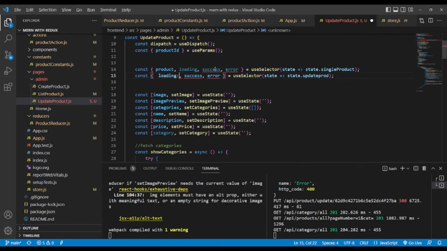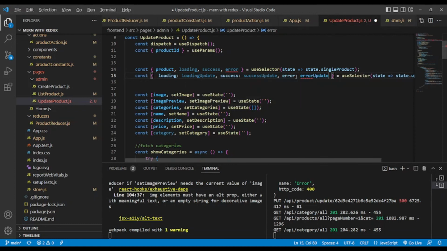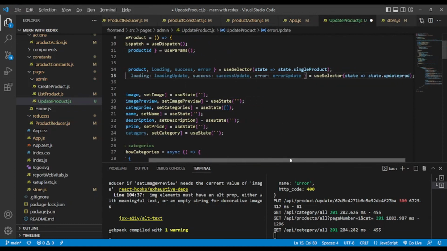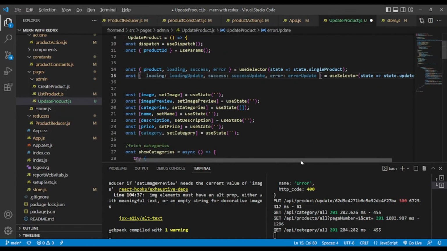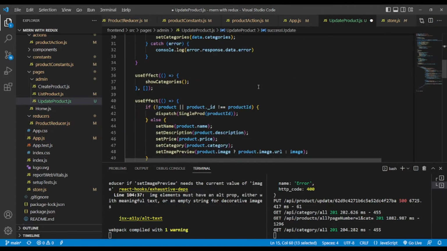As we already have loading in the state, we need to change it to loading update, and success update, and error update, because we already have it in the state. And after that, if we have a success update, we want to